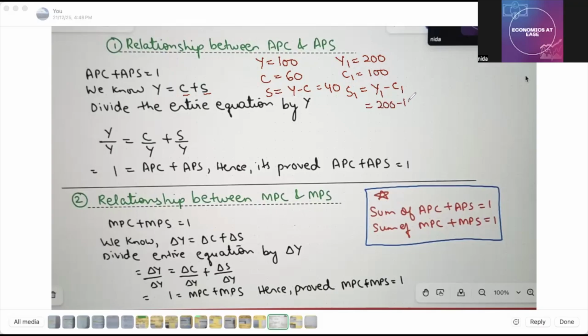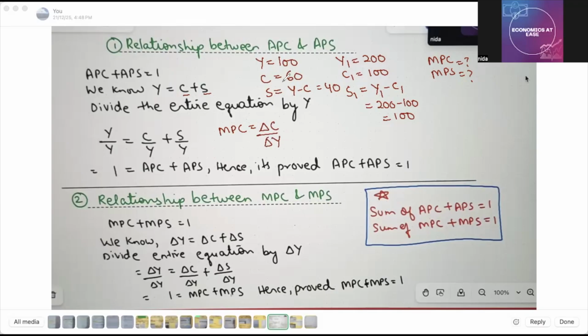Okay, 200 minus 100, so you will get 100, right? This is the basic here. Now we are going to find out. Now you need to calculate MPC and MPS. Okay, so now here I know for MPC,